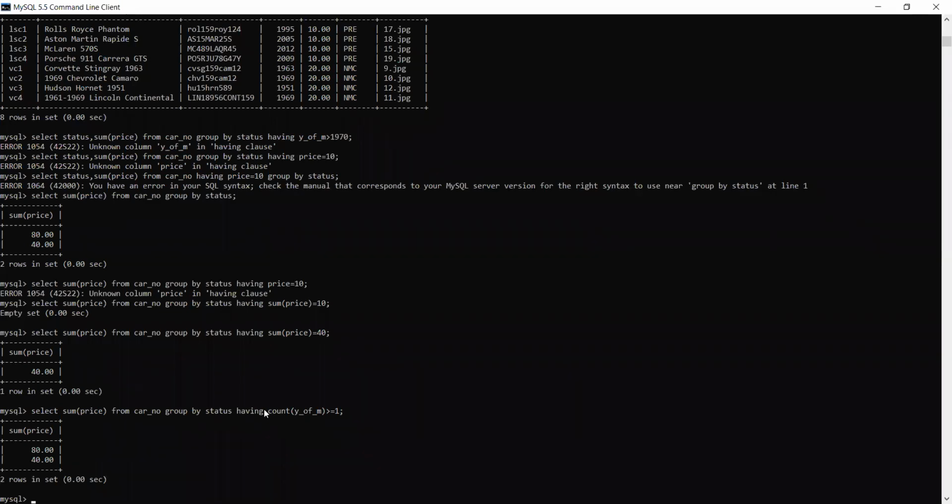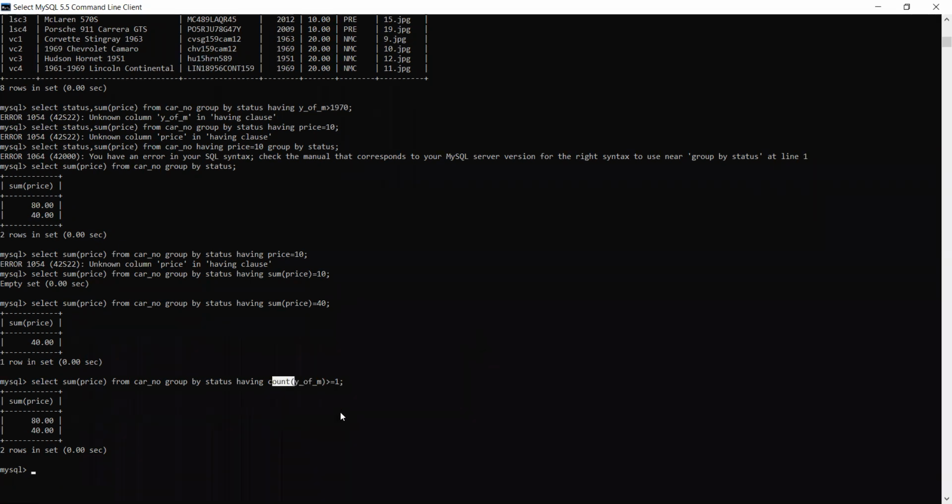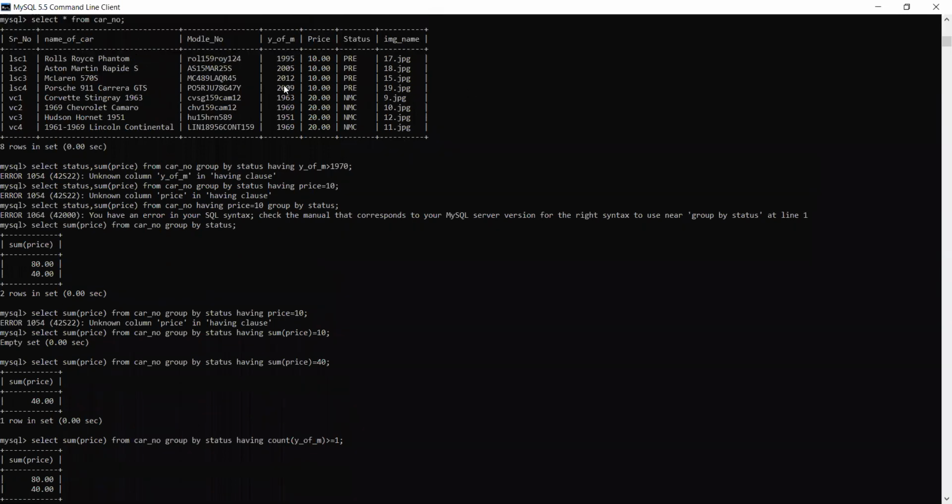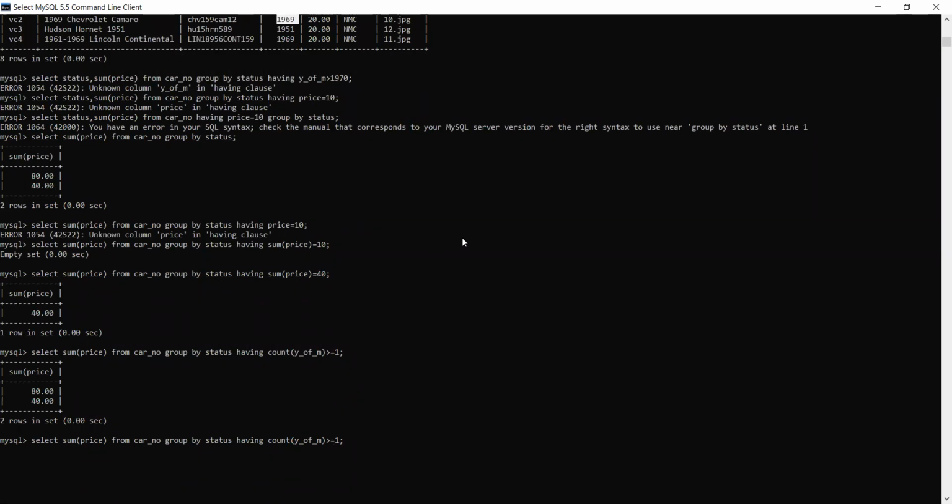You see, it was working only with an aggregate function, fine. Without an aggregate function, it was not working. So what I have done, I have given count as the aggregate function, because we know year of manufacturing will be 1 only. If we count, it will be 1 only. And suppose you wanted to check for 1969, 2 are there. So having count of this is equal to 2.